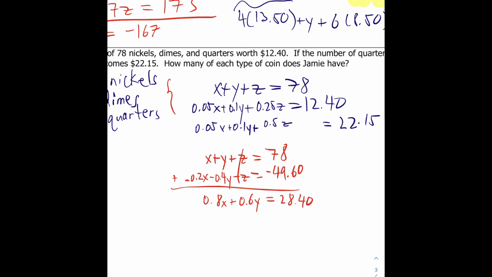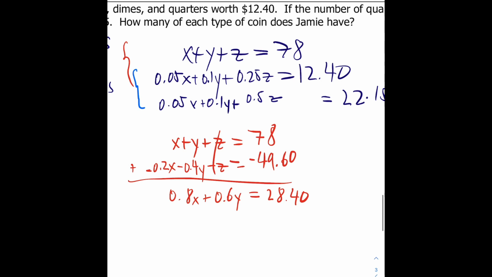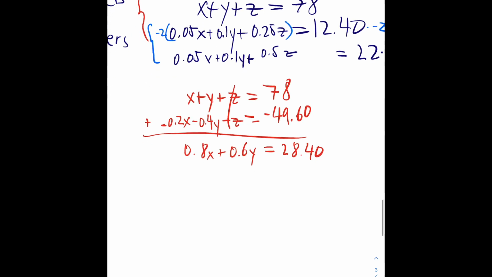All right, now since I just used the top two equations, I've got to use the bottom. I've got to use this third one now, and I still have to eliminate z. So I'll use the bottom two, and I'm going to multiply this by -2, since that's going to give me negative 0.5z, which will cancel with this right here. Okay, so let me multiply both sides of this top equation by -2. Okay, that'll give us